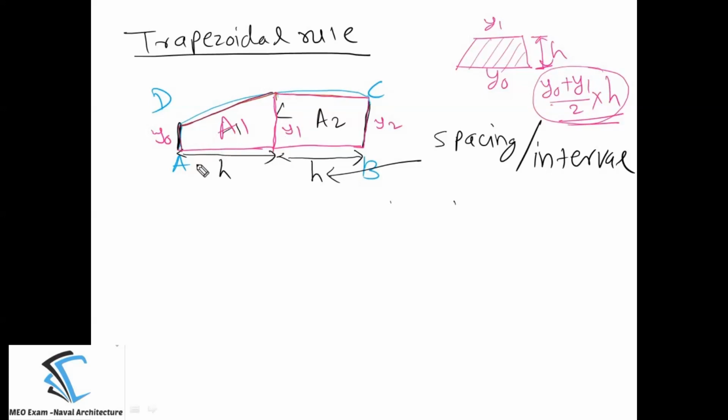Same thing we can do here. So we have y0 plus y1. The only difference is that the depth is horizontal now, which we are going to consider. So it's like this: this is y0, y1, and this is h. So this is horizontal; I have made it vertical. That's all. Nothing is going to change. The formula will remain the same. So how to proceed for that?